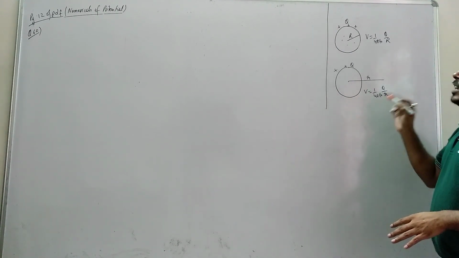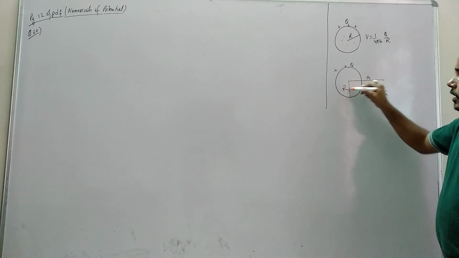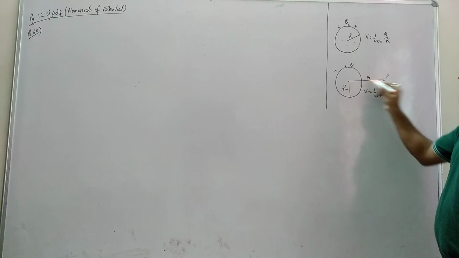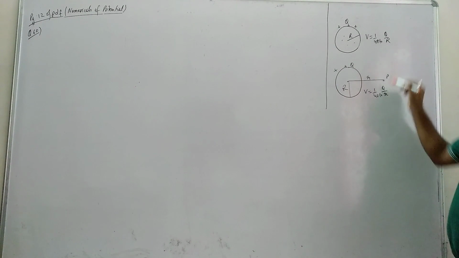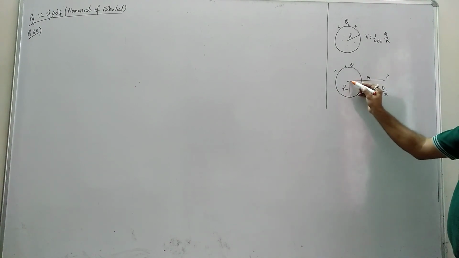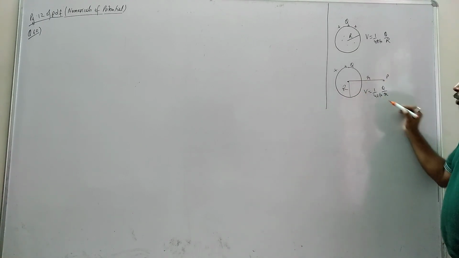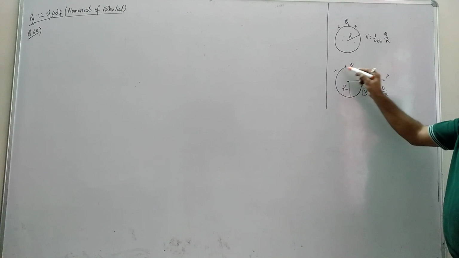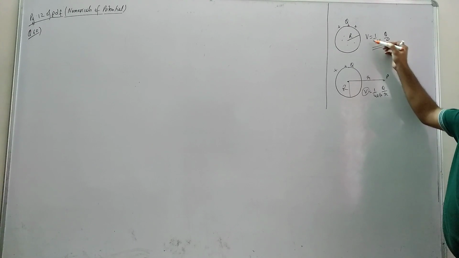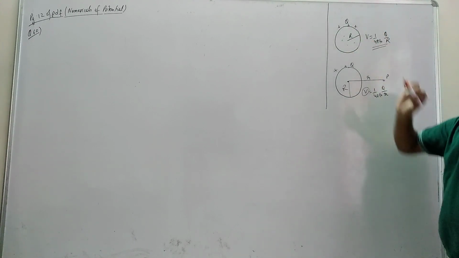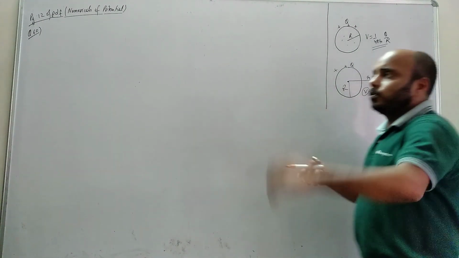And if I need to find a potential outside of the conductor, this is a shell of radius r and this is one point which is outside at a distance r from the center of the shell. Then the formula is almost same, 1 by 4 pi epsilon q by r, but here the distance is from the center of the sphere to that point. This distance you have to take. So this V is the potential due to a conductor, due to the shell at a point P. But what is this? This is the potential on the surface of the conductor and also any point inside the conductor. Okay. So these concepts we will use to do this question.